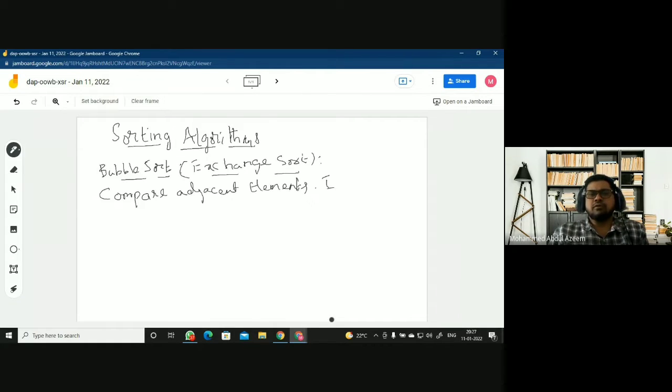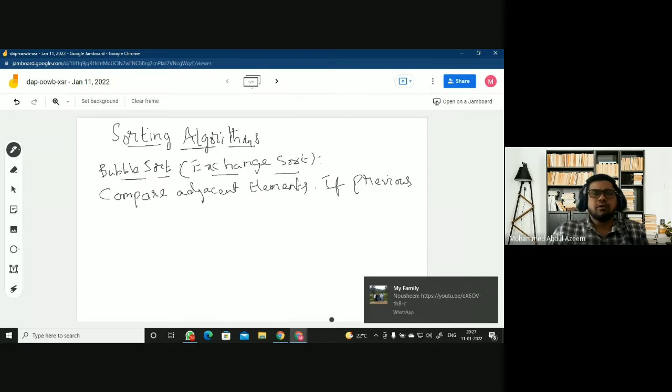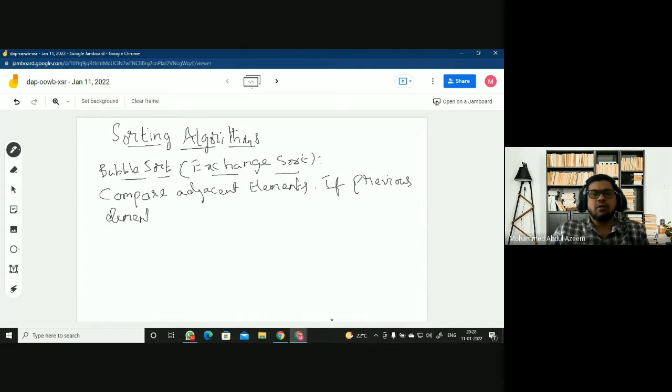If the previous element is found to be greater than the next, then make an exchange.